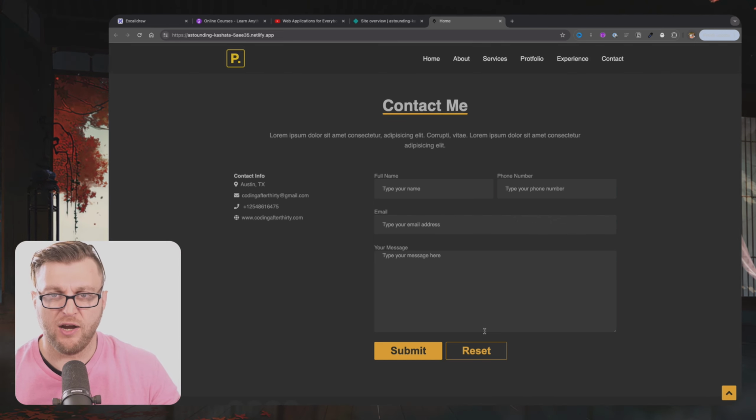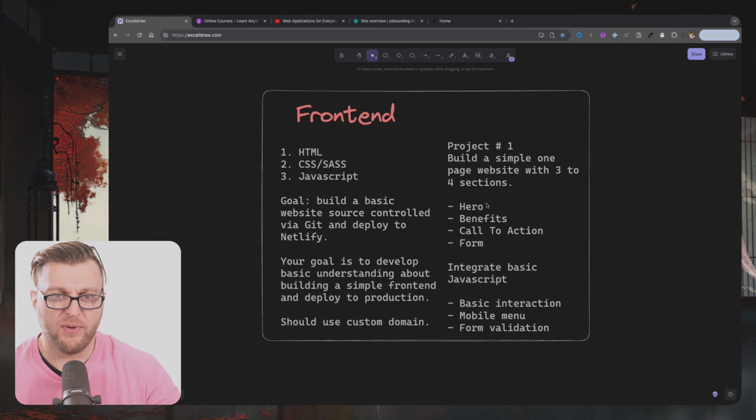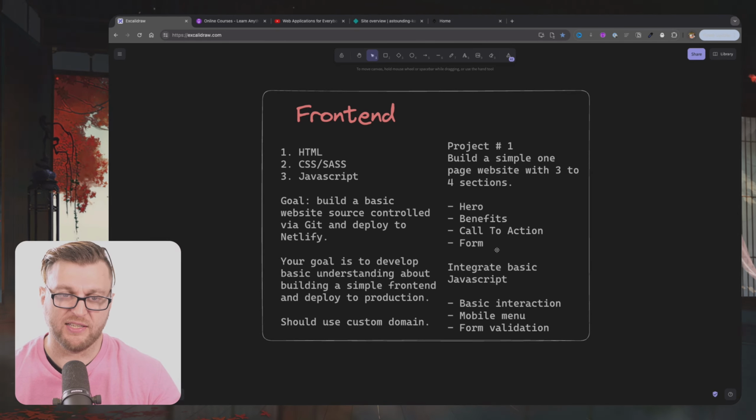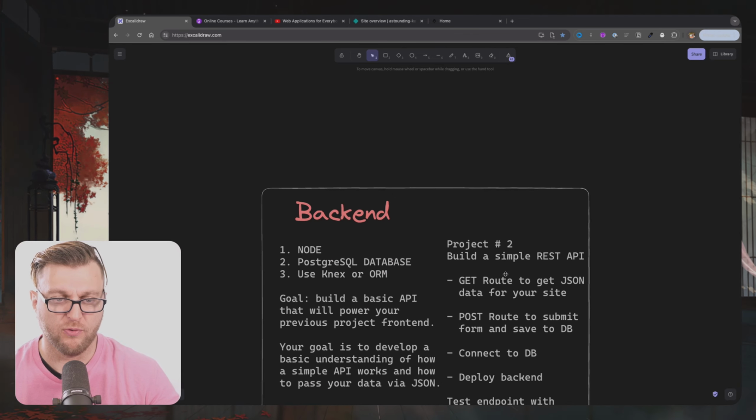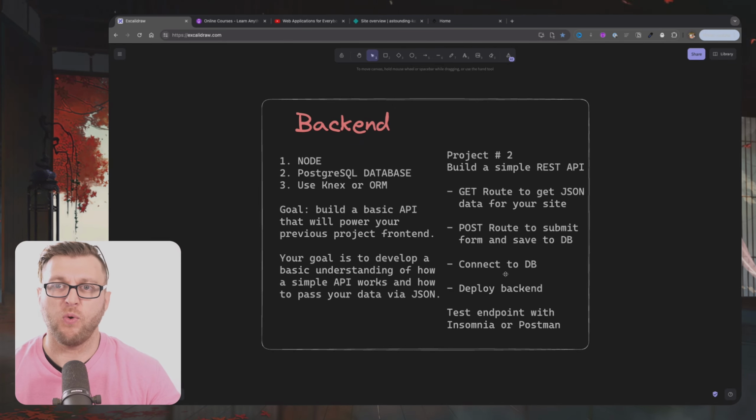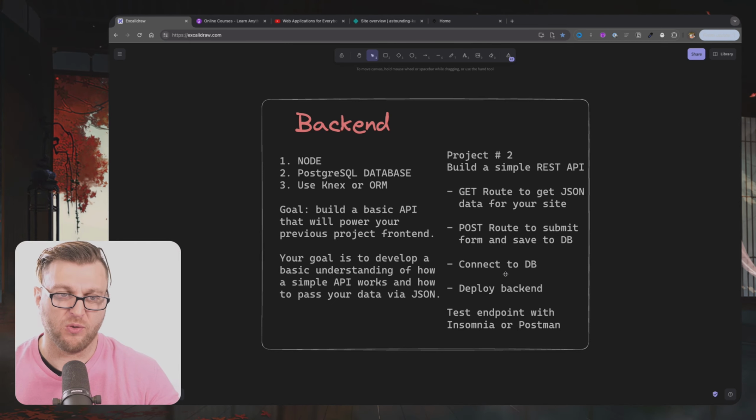And the best place to start is doing simple form validation. Once you have your front end and you build your first project with HTML, CSS, and JavaScript, it's time for you to move on. Now, I'm not saying you want to become a backend developer right away, because it's very complex in its own way, but you should build a simple API that your front-end application that you just finished